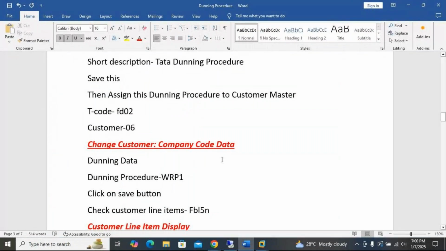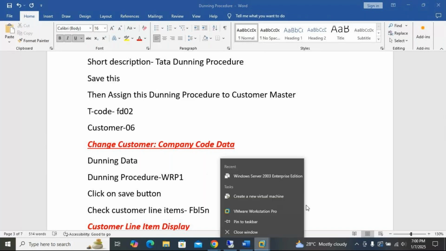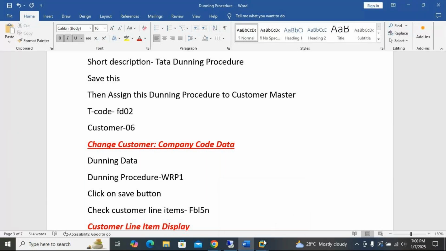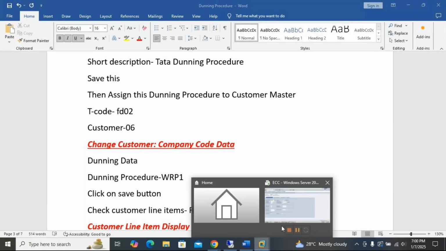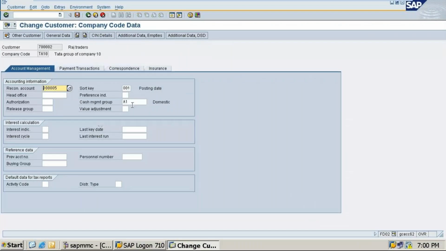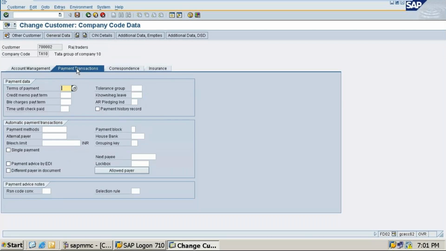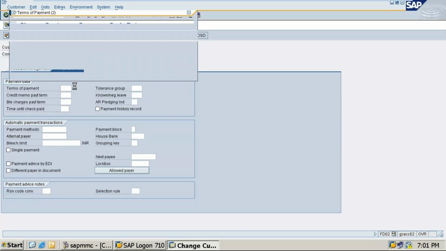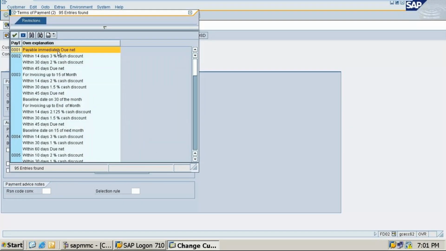After that, click on this, assign this Dunning procedure to customer masters. FD02 and customer 6. Here we can apply for that. So cash management, accounts group, payment transactions, terms of payment, you can change to pay immediately.